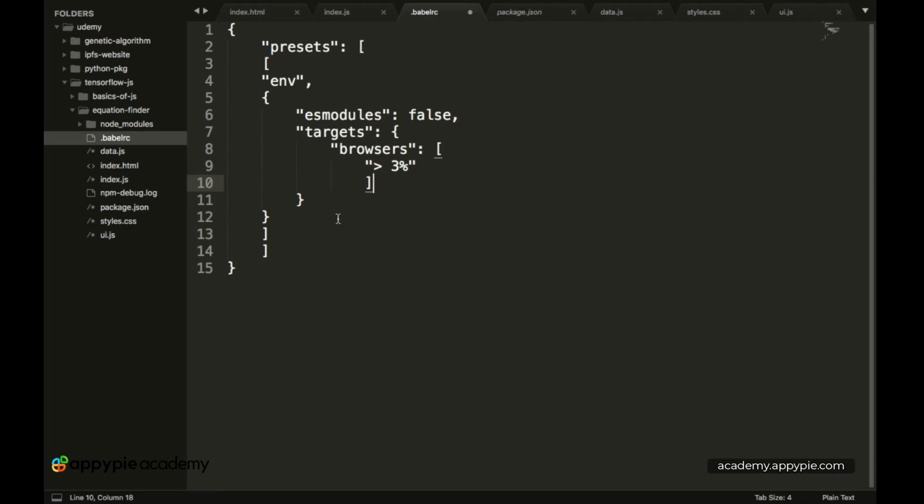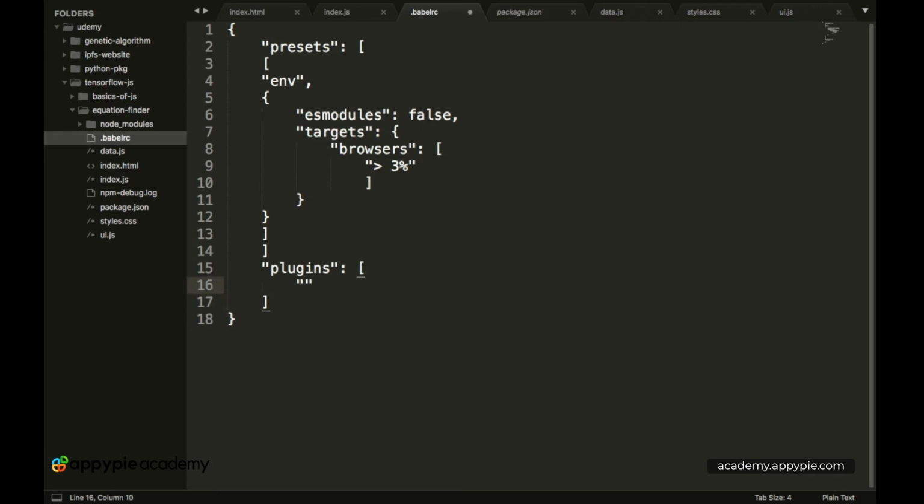Okay, so then we basically have the environment value closing over here. Then we have the particular presets opening value closing over here. Then we have the main preset value closing over here. So now let's create another new variable, which is finally the plugins which we want to use. And the plugins, so we have plugins over here, and inside of these plugins,